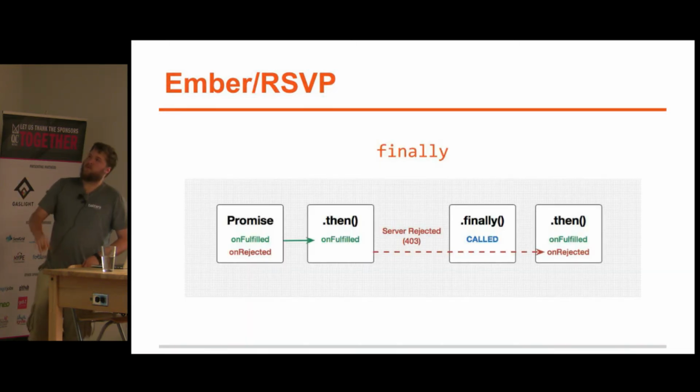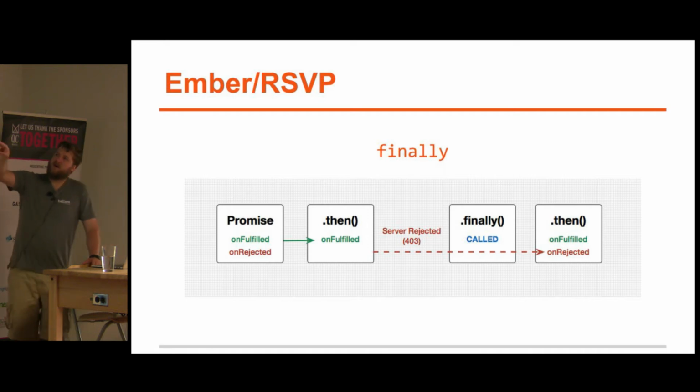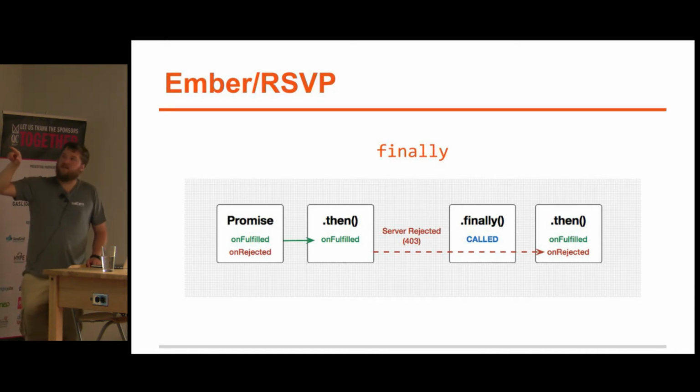And so, with similar diagrams before, finally is always called when it's passed over, regardless of anything else, regardless if there are chained promises after it or anything before it that errored or succeeded. It's always called. So it's just a nice way for a consumer, at an encapsulated level, to do cleanup after a set of promises. But you can have a continuation of those promises by another consumer.